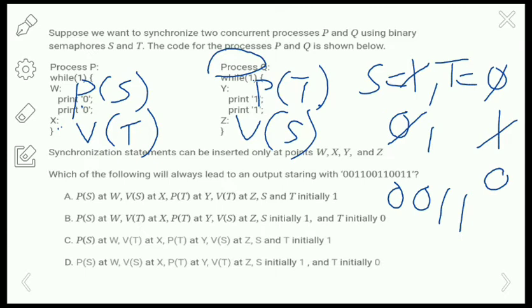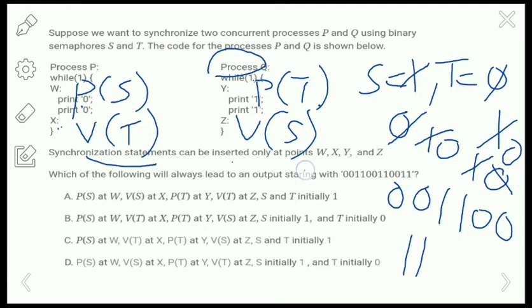Now s equals 1, so it will execute process P again. s becomes 0 and it prints the string 0 0. Now V of T means an up operation on t. t is 0, so it becomes 1, right? Then P of T decrements t by 1, so t becomes 0, and it prints the values 1 1.